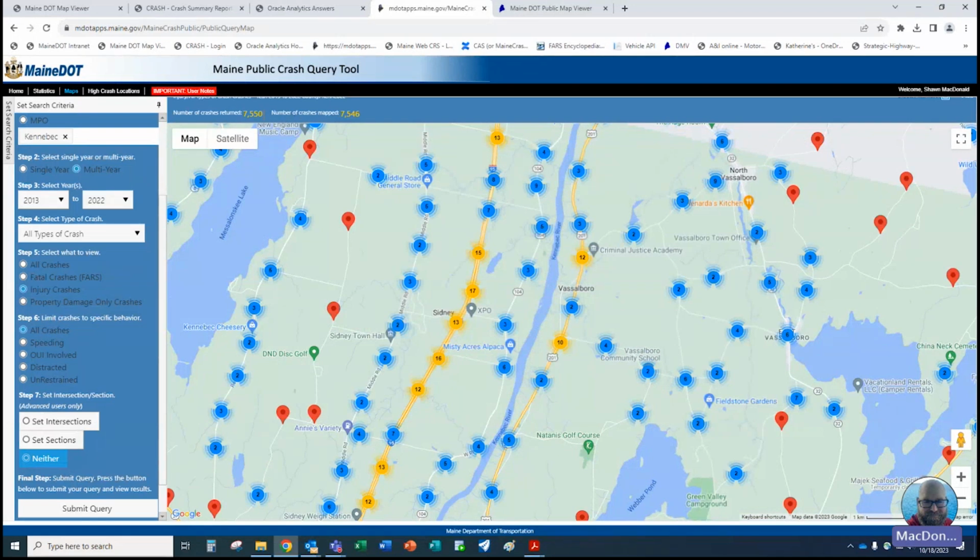The 7550 right here is the number of returned crashes. So that's the number of crashes that you would find in your statistic information. The 7546 is the number of crashes that can be mapped on our system. So what it's saying is we had an extra 4 crashes that we actually couldn't locate in our system.